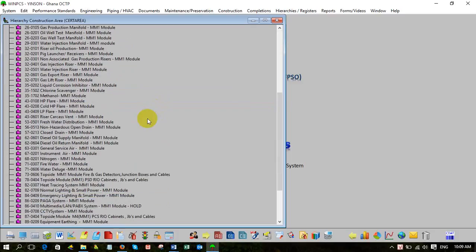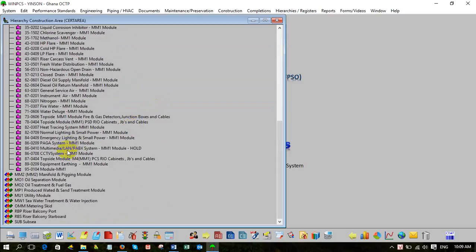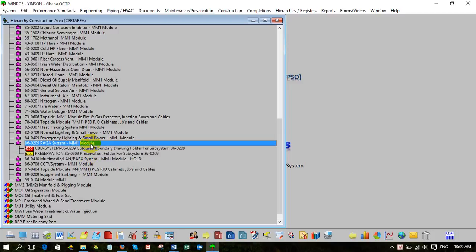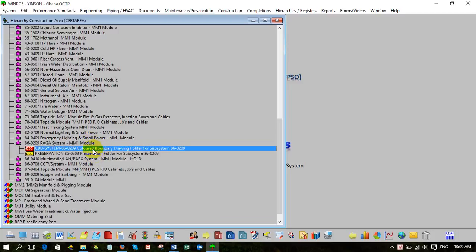But sometimes, for example, like PAGA won't be installed by PTSC, right? It's by Cosworth. Cosworth will install, right? So maybe inside here, maybe this one doesn't belong to PTSC. Maybe we will install. We install. So the tag number will be inside. Yes. But the data register will be coming from Cosworth. Okay.